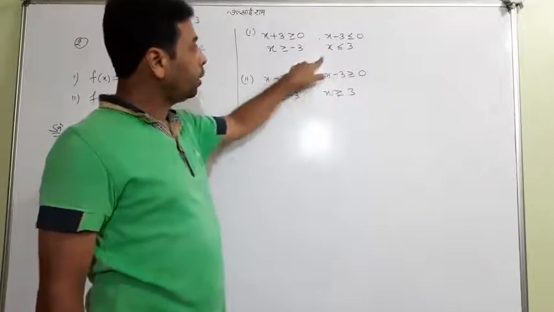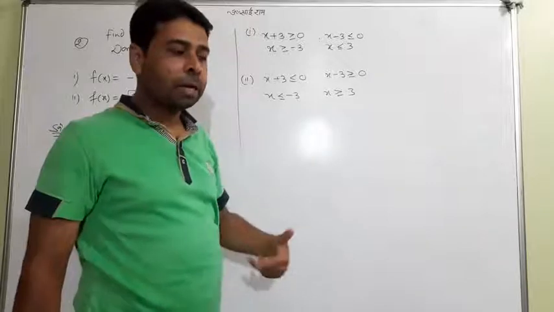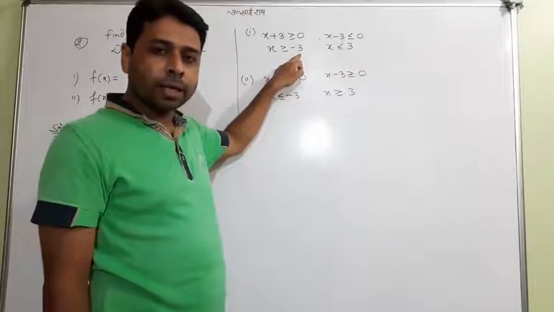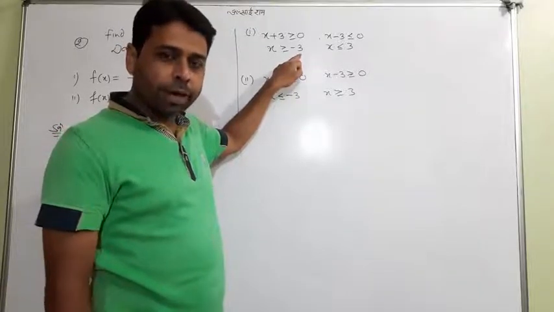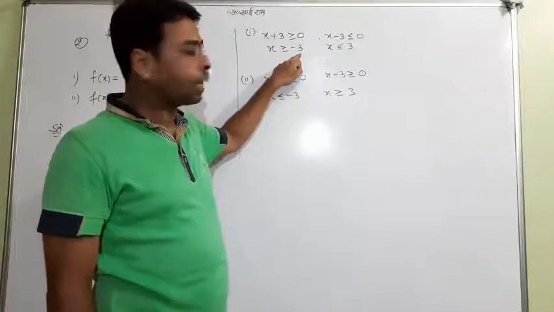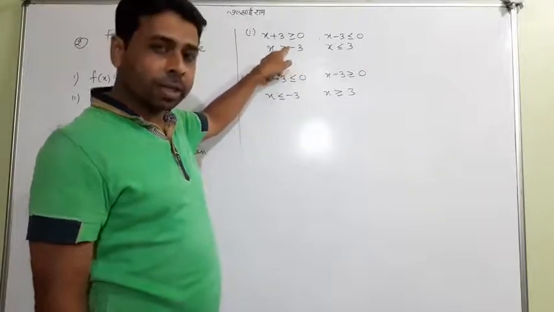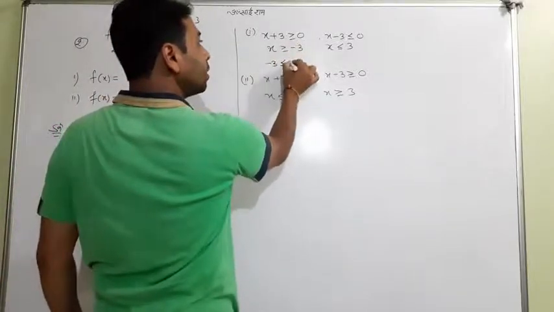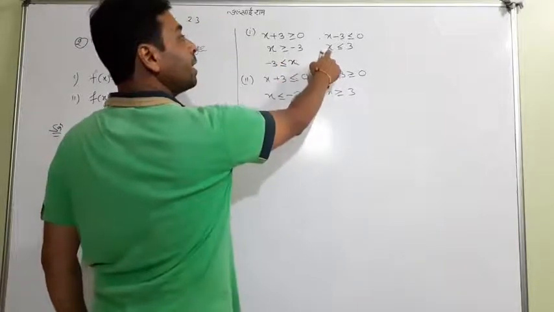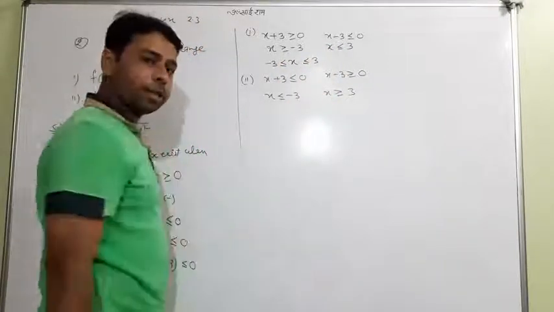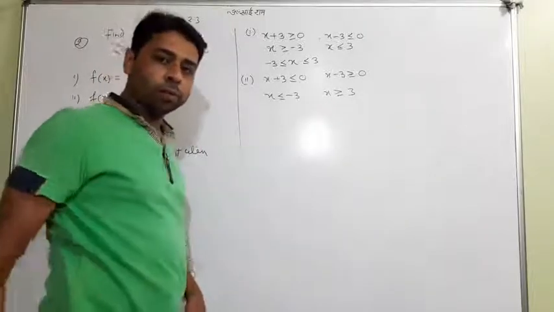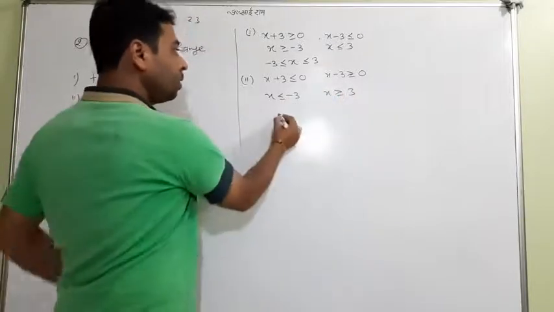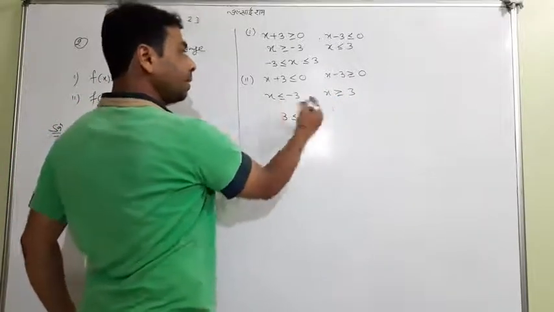So how will it be joined? Look, I tell you, it's a small and simple method. You start with the number towards which there is a less than sign. So look at minus 3, at which there is a less than sign. So you start with minus 3, towards x. You need not write x again: minus 3 less than x less than 3. This is ideal. Same as here, you start with the number having a less than sign, meaning 3. So 3 less than x and x less than minus 3.